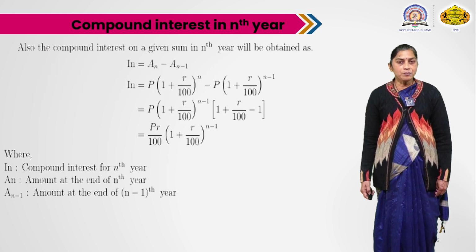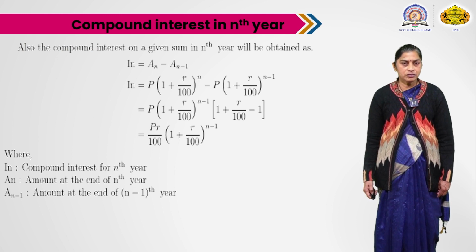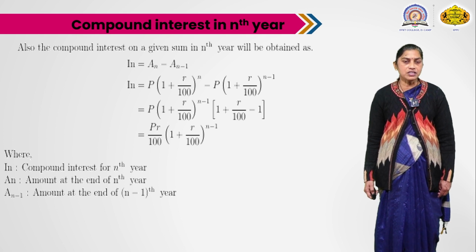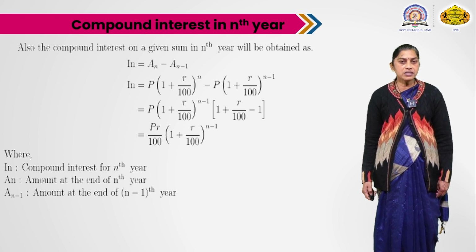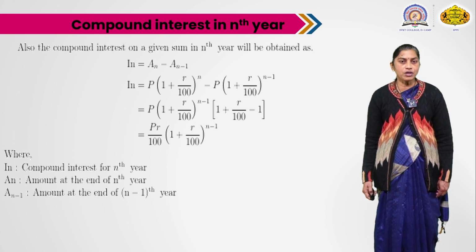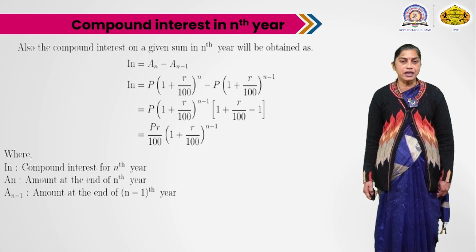If you want to find compound interest in nth year, then it will be obtained by the formula In is equal to An minus An minus 1, that is the difference in amount for nth year and amount in n minus 1th year. Now, substitute the formula for An and An minus 1, we get In is equal to P into bracket 1 plus R by 100 raised to n minus P into bracket 1 plus R by 100 raised to